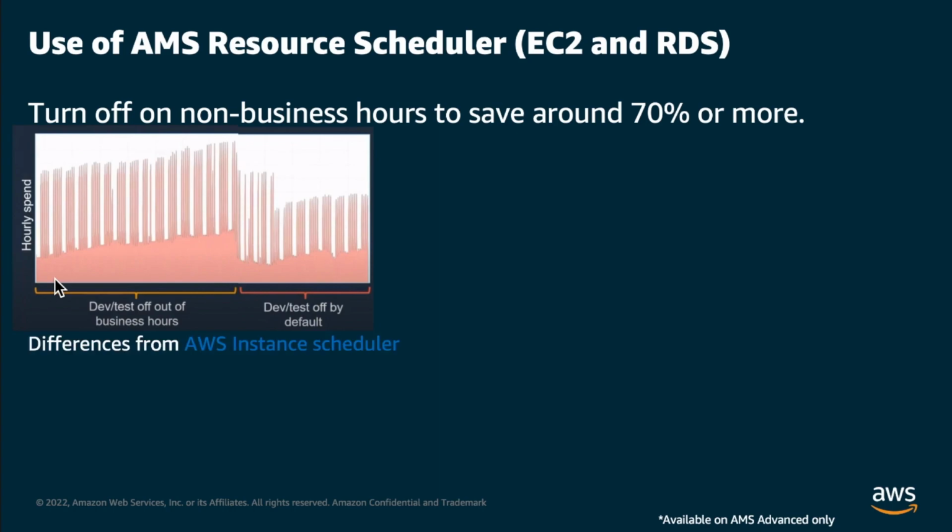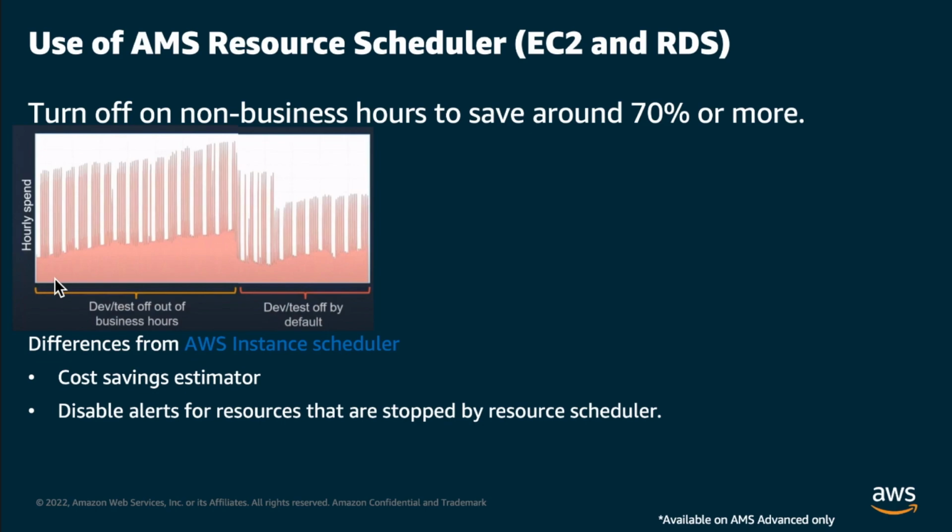So the name of this service is AMS Resource Scheduler. It's an AWS Managed Services service that we created, and is different from what AWS has publicly for customers. The differences are mainly, one is that we have a cost savings estimator, which is going to show you how much you're saving by using our